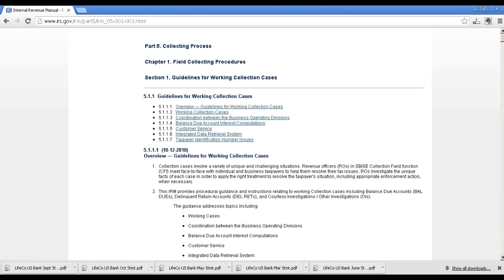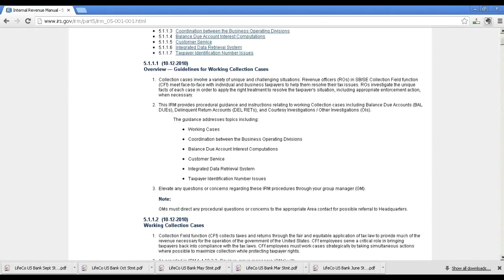These guidelines are exactly that. They're guidelines. There are some hard and fast rules about what the IRS is supposed to do, and we'll get into that. But this is where you should start if you have any question about how a revenue officer is treating your client. And the reason that's important is because some revenue officers, I don't know if it's a power trip or what exactly it is, but every once in a while, it's definitely the exception rather than the rule, fortunately,